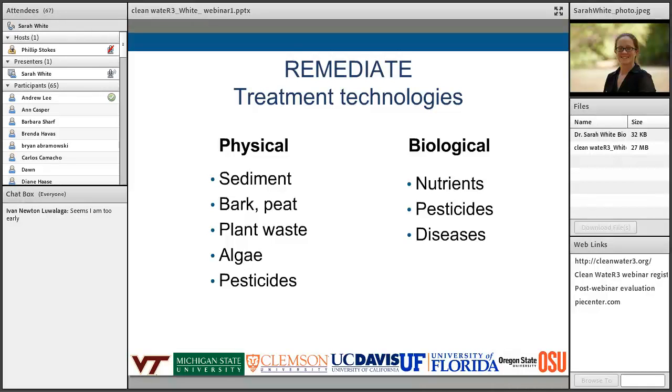Then we can think about pesticides. Perhaps your pesticides stay at their point of action longer, so their residual effect can be longer. And for disease organisms, if we can optimize our irrigation to minimize how diseases move on site, then if we combine all of those, it makes remediation easier. Because when you reduce, you have lower volumes, you may have higher concentrations, but it makes managing, cleaning that water